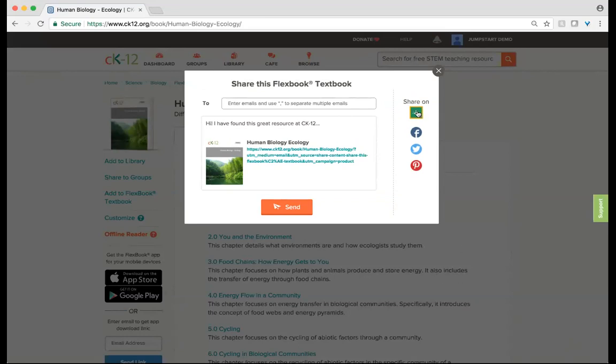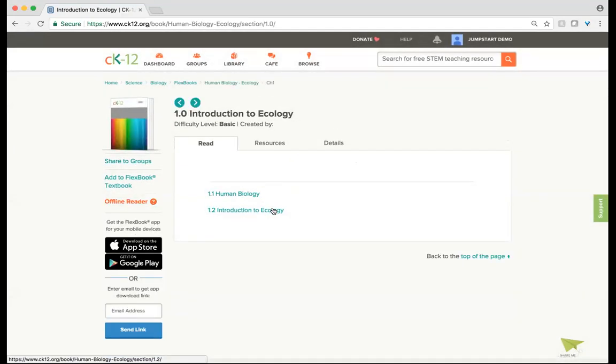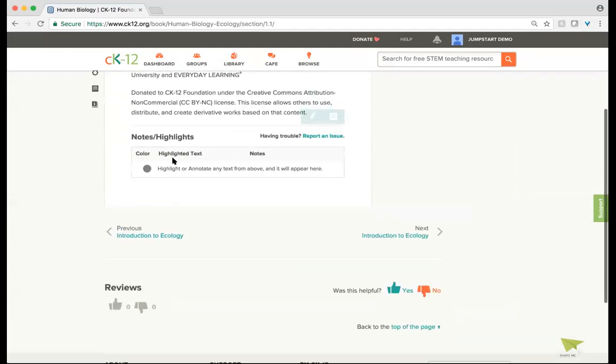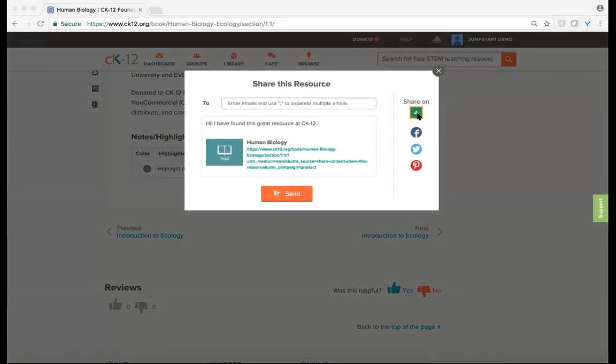I have the option to share this on my social media or to Google Classroom. So this would be sharing a whole book, just the URL, just the resource, just so they can access it on our book. We now have a more robust integration with Google Classroom. And when I am on an individual read and I press share on Google Classroom,